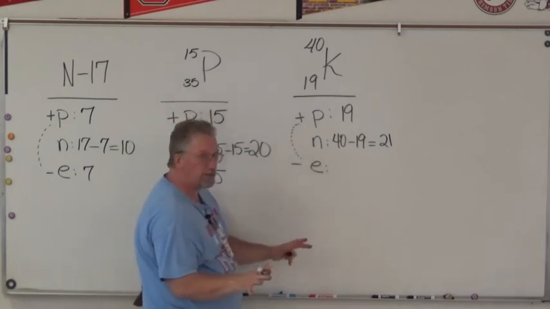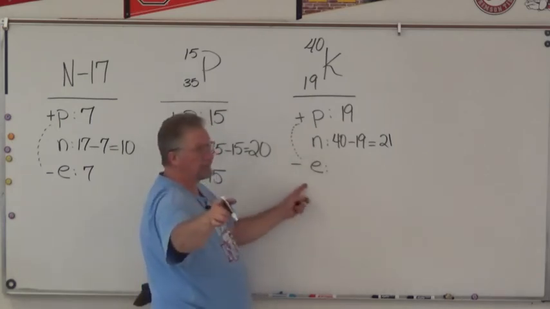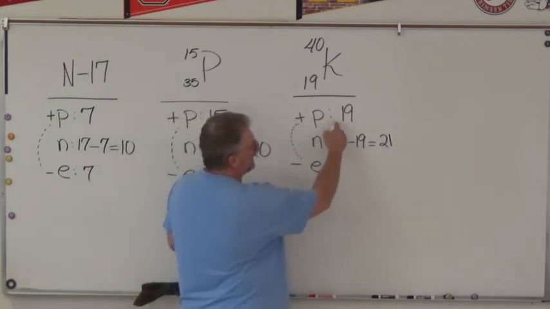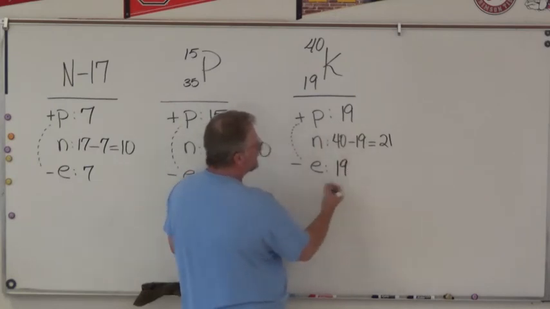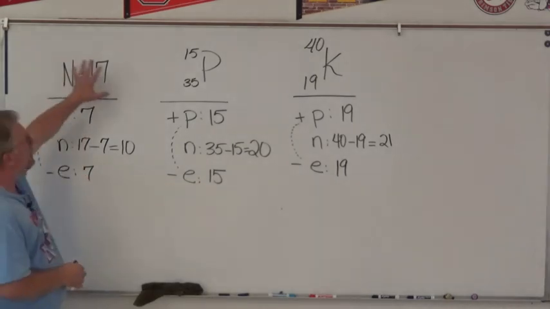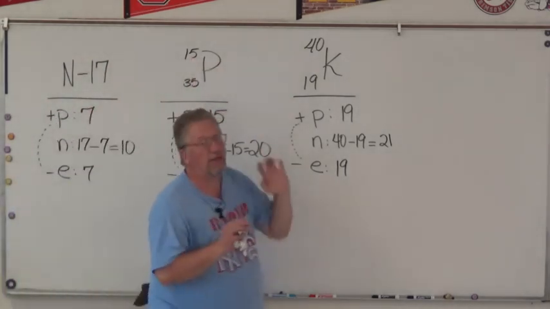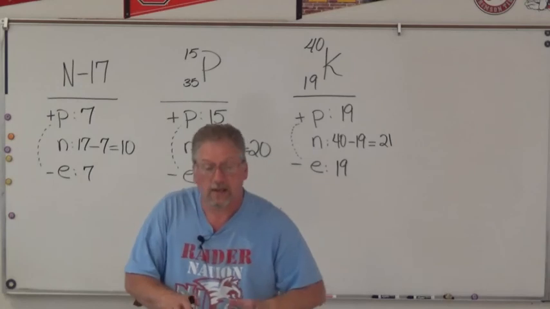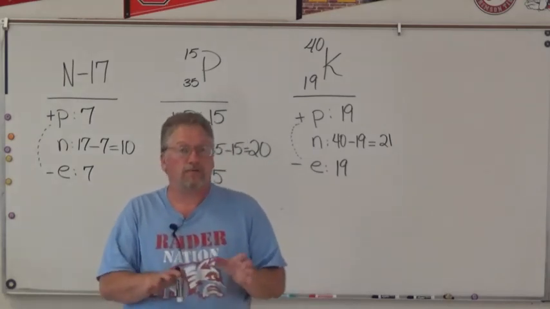And the number of electrons, again, is still the same number of positives and negatives. We're going to keep it balanced until next time we meet. We're going to mess around with that later. But we'll have 19 there, and we'll still have 19 negatives there. Okay? These are the 3 ways that they could show you, or you will see, an isotope of an element